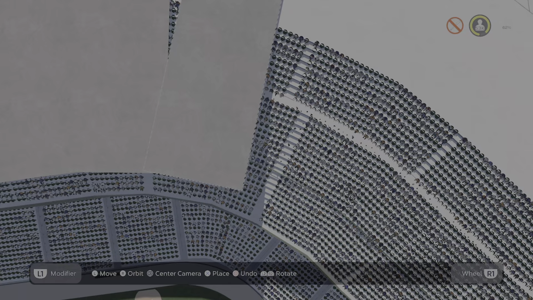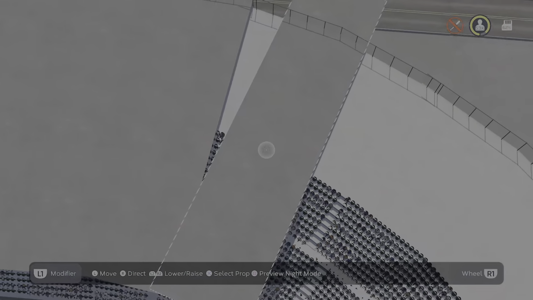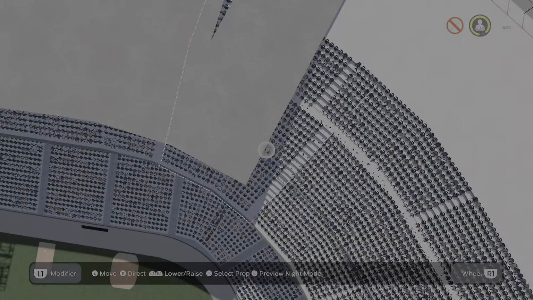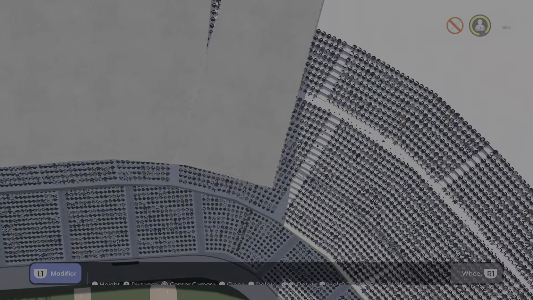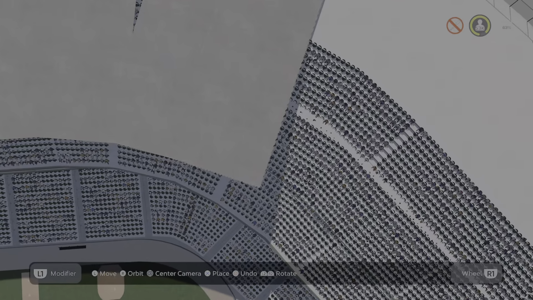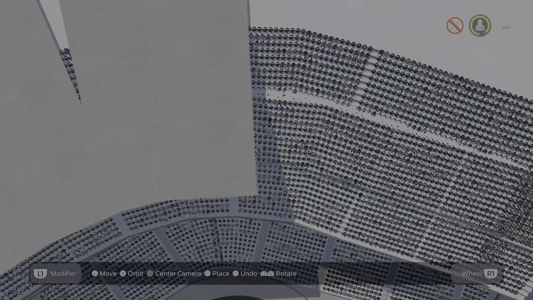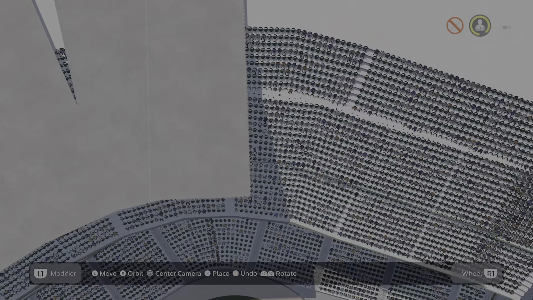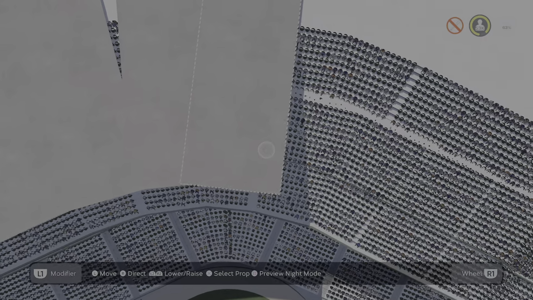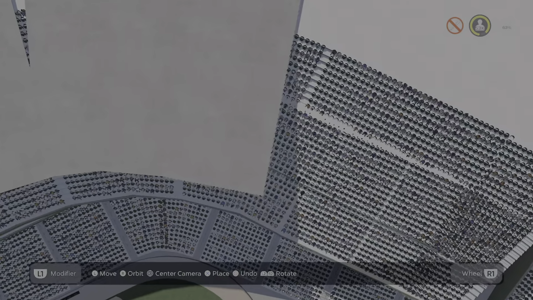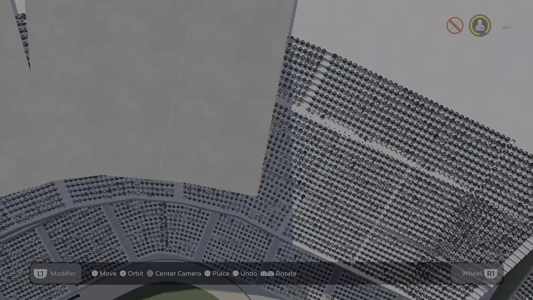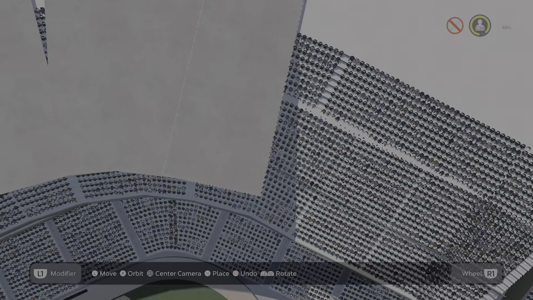So you can see in the back there, right here, I am creating a gap, so I'm going to have to go back in and fill that in with another concrete piece after. But I do want to just get this stuff set. So I get my roof turning here. And it's pretty much going to follow the contour of the stands. So you can kind of see,